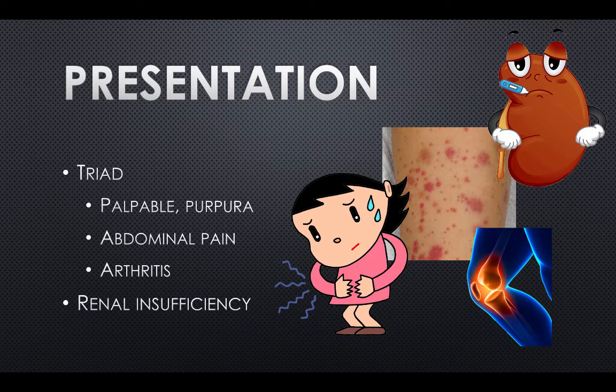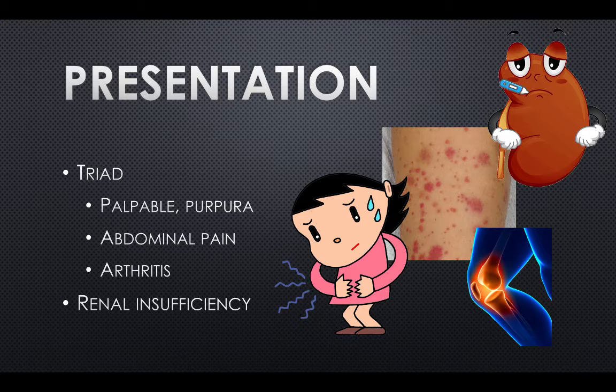Medicine loves its triads, and HSP is no different. It has the classic triad of non-thrombocytopenic palpable purpura, abdominal pain, and arthritis. The rash usually starts as erythematous, macular, or urticarial wheals and then progresses to ecchymosis, petechia, and palpable purpura. It appears in crops, is symmetrically distributed, and located in the gravity pressure dependent areas like the lower extremities and